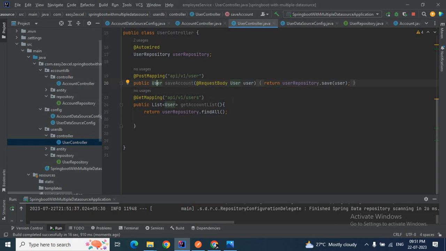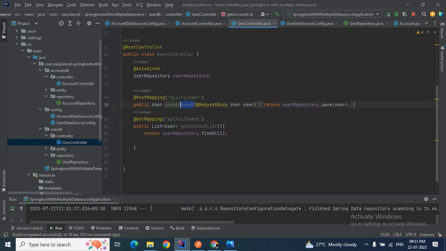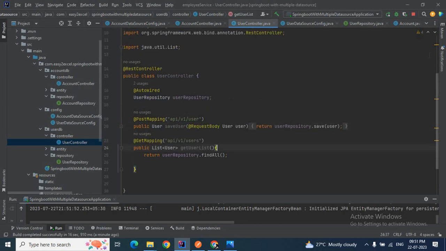To save the user, I have this endpoint API/b1/user. To get the users, I have this one, get all. Sorry, just a typo here. This is save user. Let me stop this one. This is save user. Okay, this is get user list.